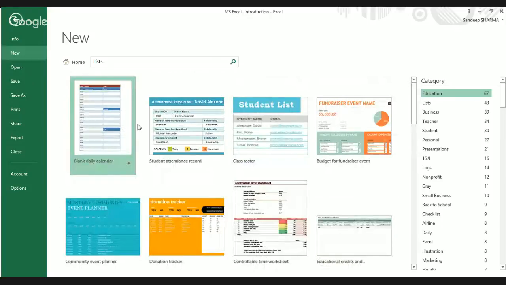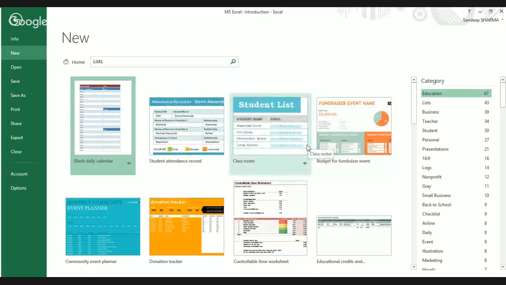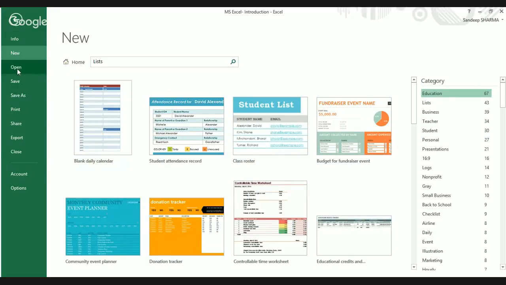So the thing is, you just need to click on any of the templates that you want, and as soon as you click on that, you need to click on create. When you click on create, that file will be downloaded separately, and you need to work on that file and you need to save it. Right? This is new. When you click on open,